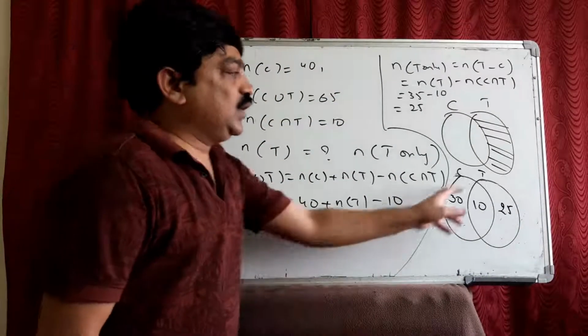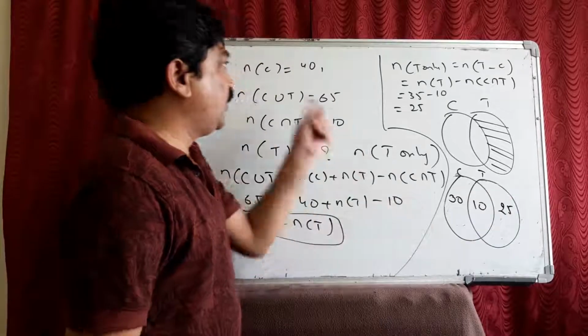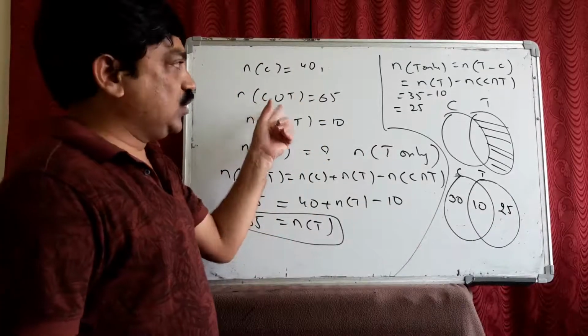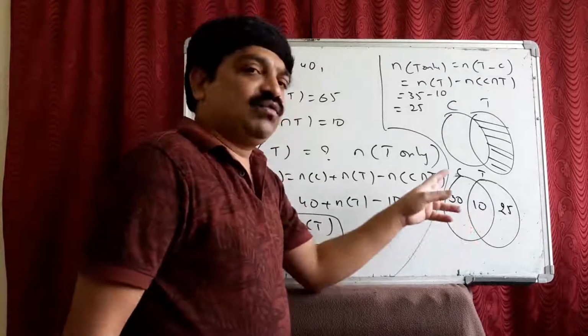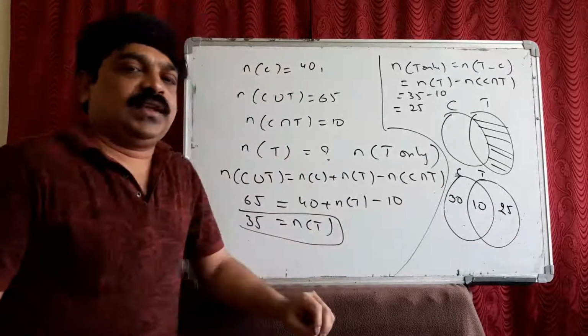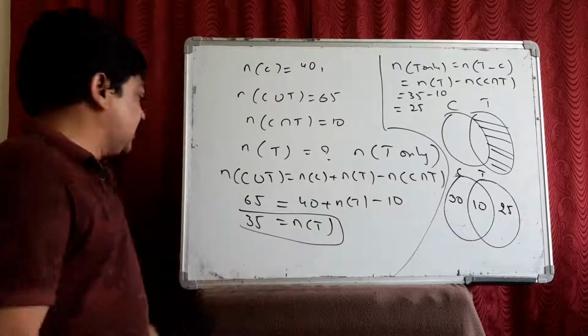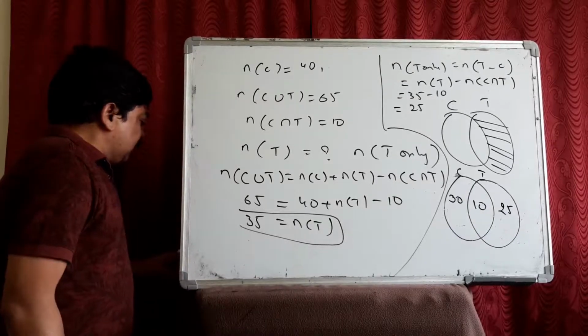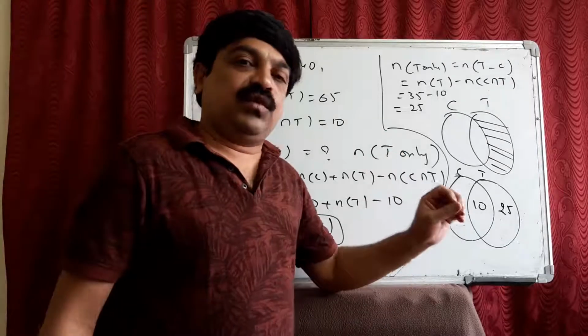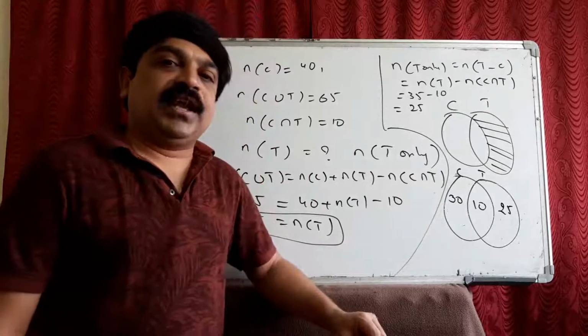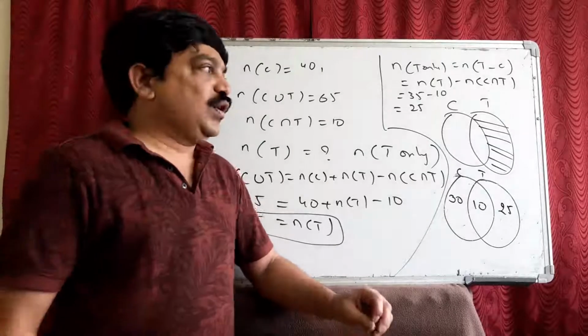See, A union B is 65 because people are there. So 65 people are here. Now, the whole thing should give us what? Union. Either or. The whole figure always gives us union. At least, the eighth question is of at least one. Even if you get at least one, you have to do union. A union B. Okay? Hope you understood this.